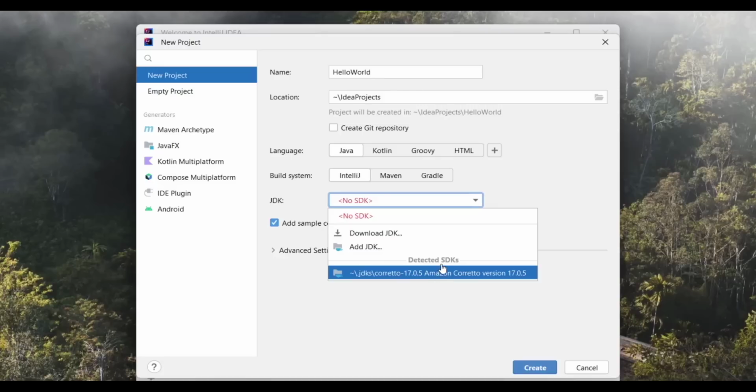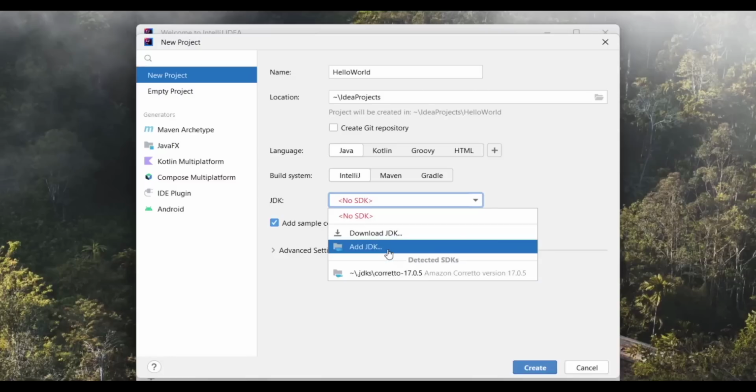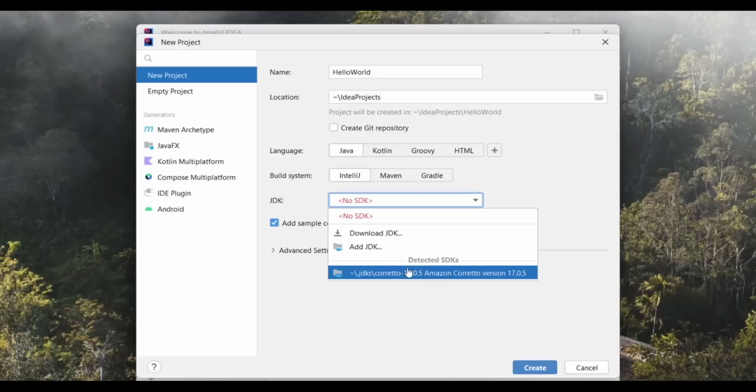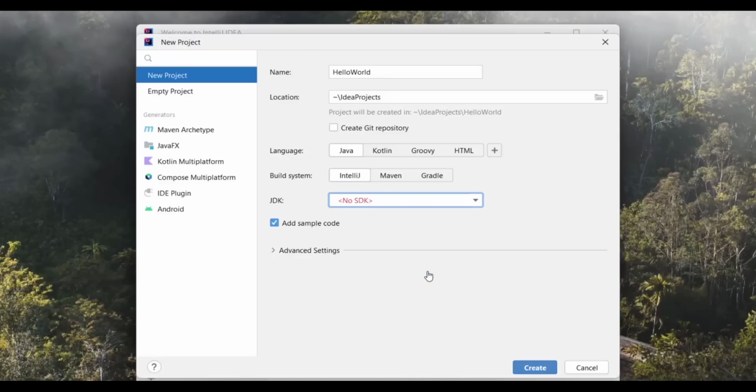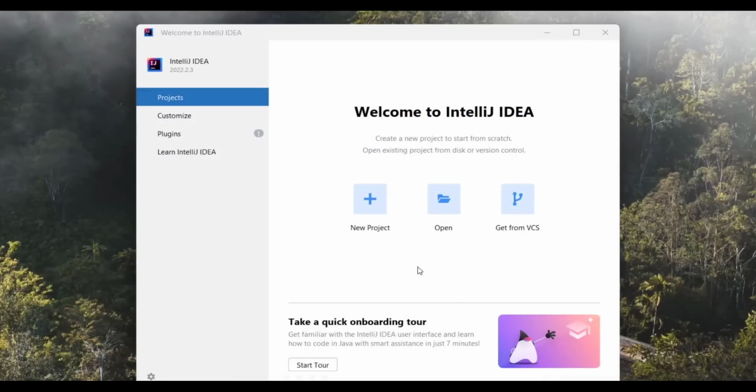So if for whatever reason it's not saying detected SDKs, just go to add JDK and go to the folder where the JDK is and add the JDK here. But probably it will detect the JDK and you will have the JDK down here like I have. So I'm gonna click there to have the JDK added. Then I'm gonna click on create, and now our project is gonna be created.